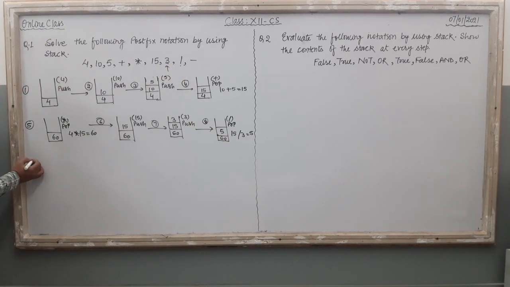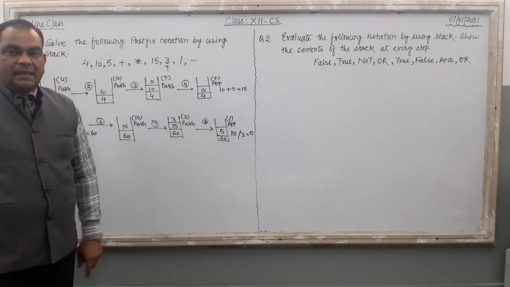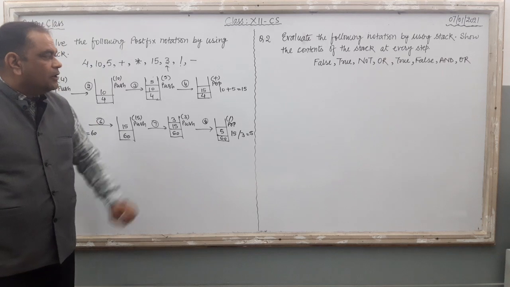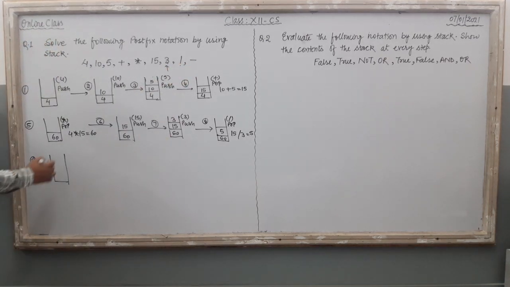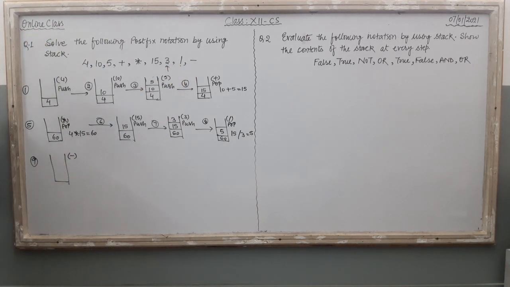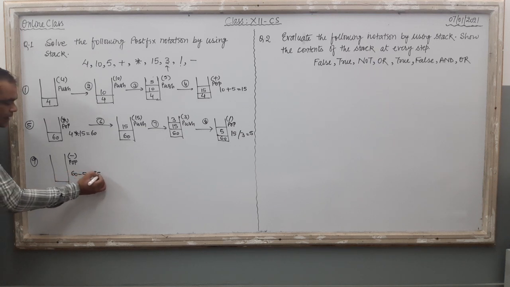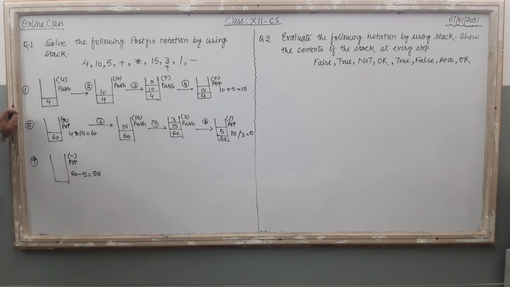Now just see what is the last step of this equation. Here the stack is 5 and 60. The top value is 5, the bottom value is 60. And then the operator is minus. Right? Here again the pop operation will be conducted, and first you have to remove 5 from the stack, then 60 from the stack. Now evaluate the result, find the result is 55, and then push the result back into the stack.